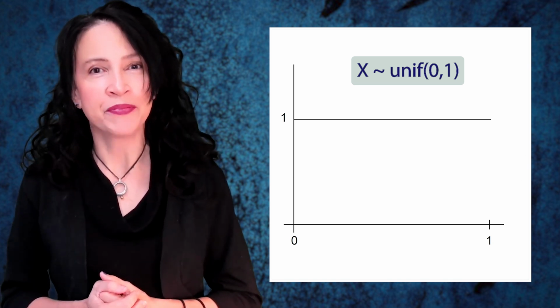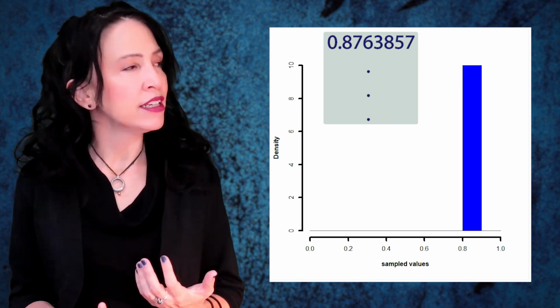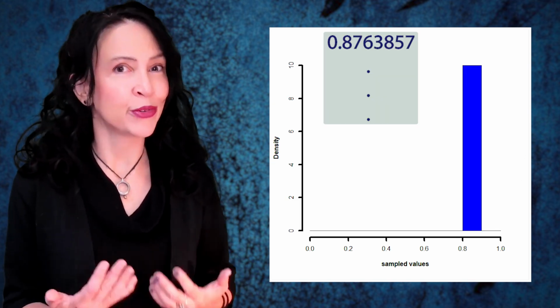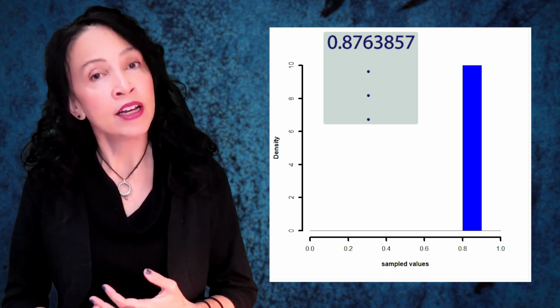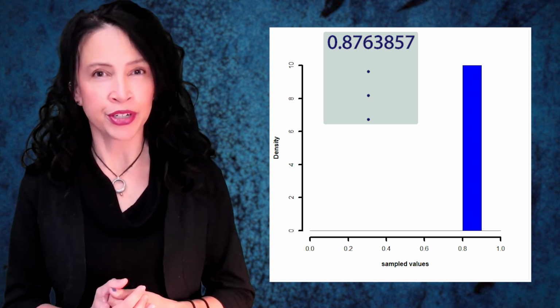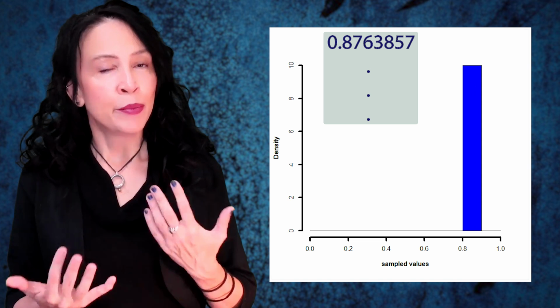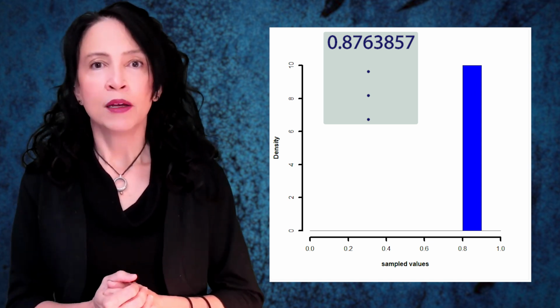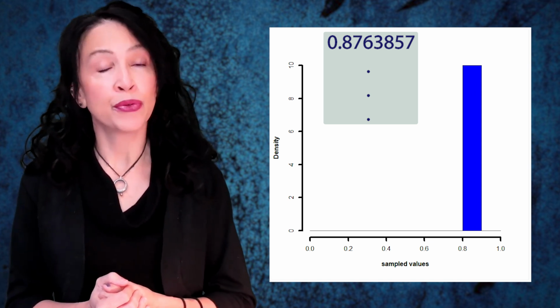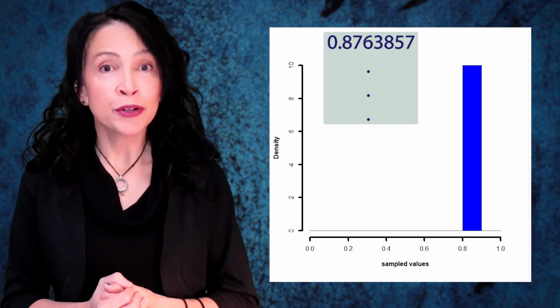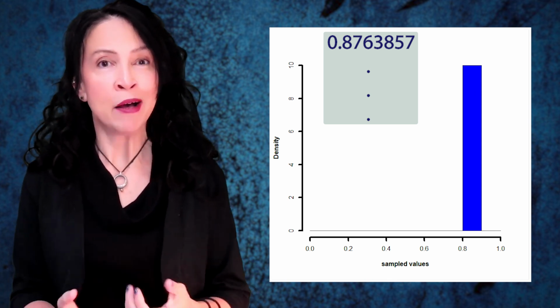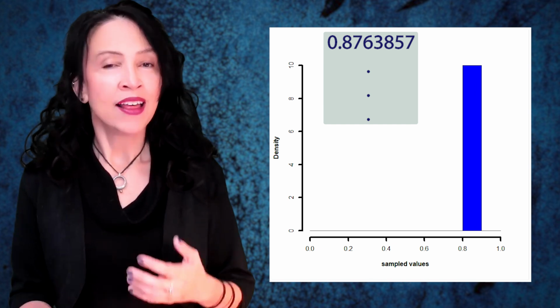Let's look at a histogram. Here, I have an evolving list of numbers or realizations or observations that are being generated from the uniform 0-1 distribution. We don't know how to do that yet, but we're getting there. So my first number is 0.8763857. And if I were to make a histogram of this sample of size 1, then I'm going to want